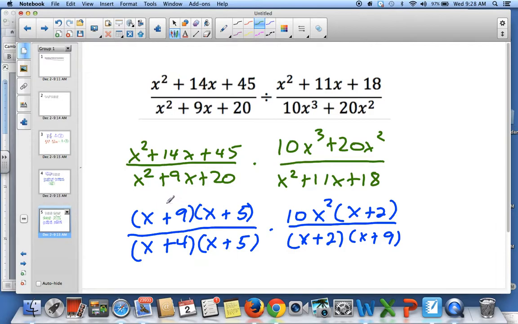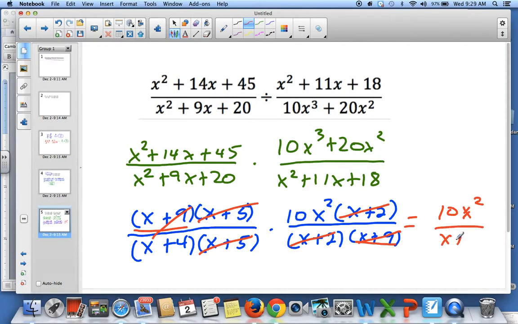And there's an x plus 9 here. Let's go with that. There's an x plus 9 here and an x plus 9 here, so those cancel out. There's an x plus 5 here and here. They cancel out. There's an x plus 2 here and here. They cancel out. And nothing else can cancel. So this x doesn't cancel with this x because of the x plus 4. So the answer then would be 10x squared